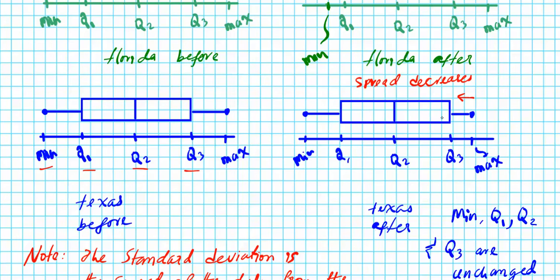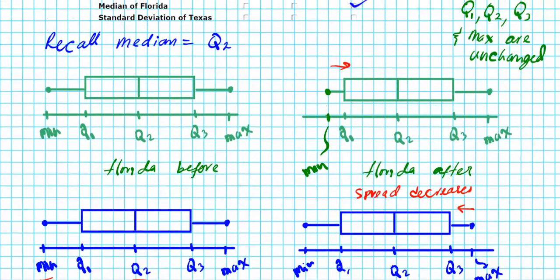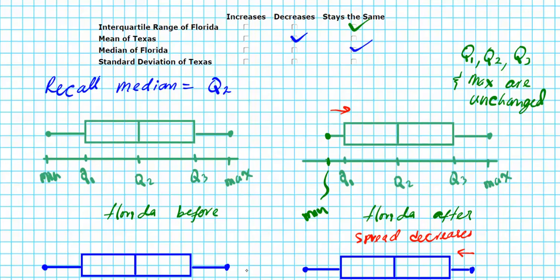The deviation away from the mean is smaller in this case because of the reduction of the population of the maximum. Because we're looking at the spread of the entire data set, the deviation from the mean. So because of that reduction of the maximum, we have a reduction in the spread, which means that the standard deviation